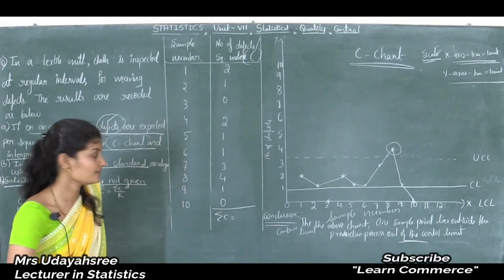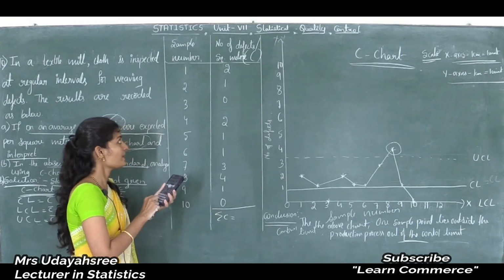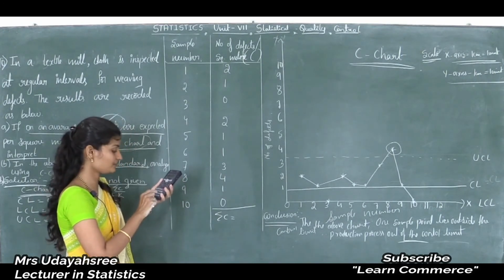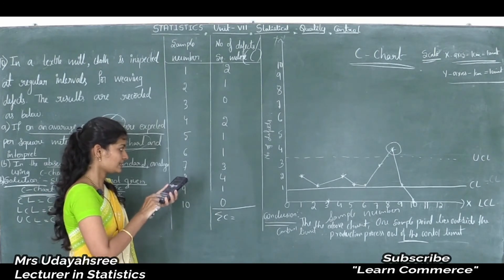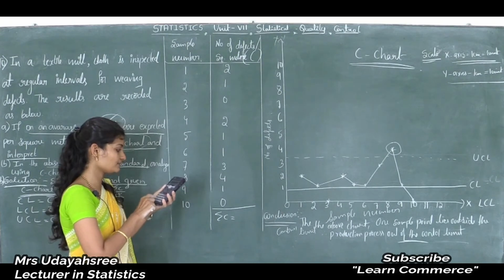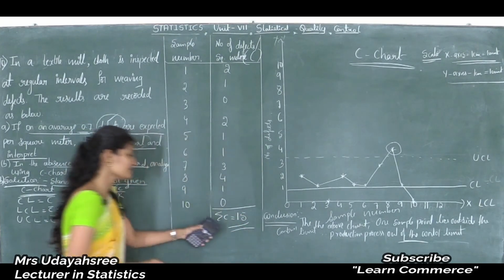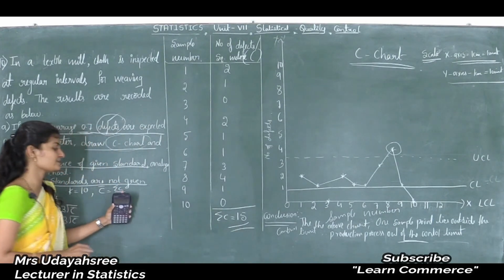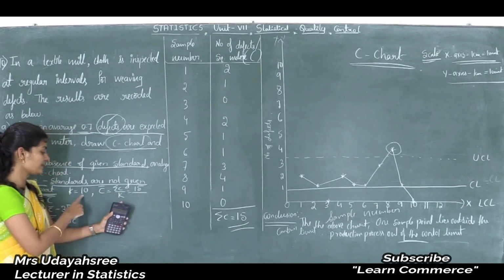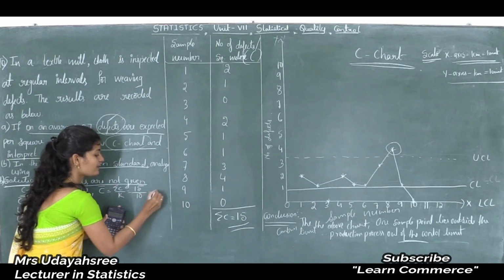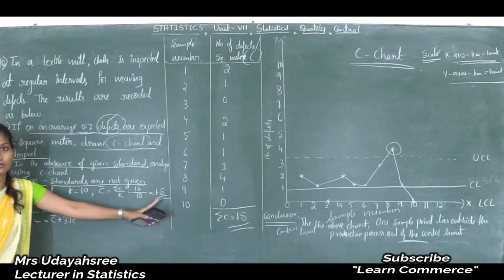What is sum of C? That is total of the C observations. So, how to find out total of C observation? That is 2 plus 1 plus 2 plus 1 plus 1 plus 3 plus 4 plus 1. So, sum of C is 50. Now, I will substitute this 50 in the place of sum of C, divided by K. See, here K is 10. So, 15 divided by K, that is 1.5. So here we got C bar is equal to 1.5.